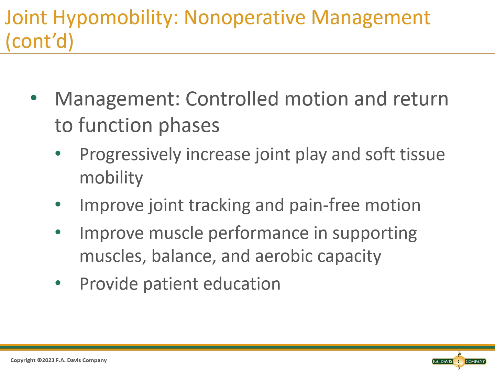But again, we're making sure that we have proper muscle firing for that joint tracking, and so that's why we might start with our active assisted range of motion. We want to improve muscle performance in the supporting muscles, so addressing not just the specific area of weakness, but also the surrounding musculature. A lot of times, the glute max, glute med, and rotator muscles are really important for standing tolerance, standing posture, and balance, and so those are important muscles to initiate strengthening and